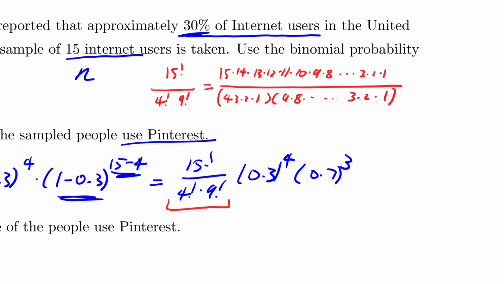Well, if you look here, this will always happen, at least in this kind of problem in our class: some of the factorials will cancel out when we multiply. So here we have 9 times all the way to 1, and 9 times all the way to 1. So these two cancel out. They're the same number. Therefore, what we have left here,